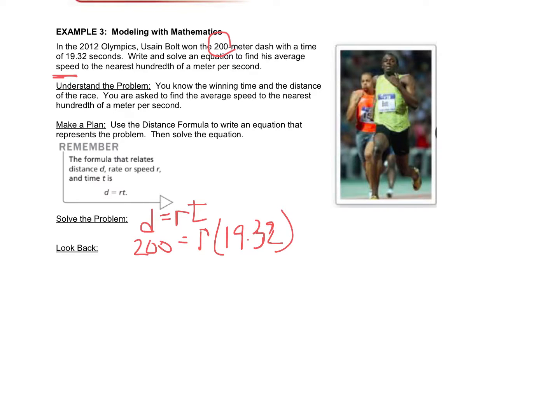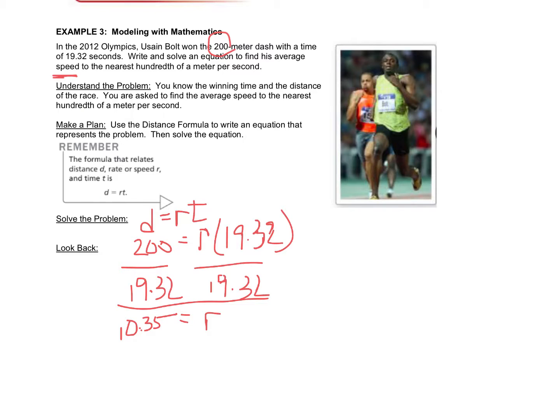Okay, so this is the equation that we're going to use, make it our plan. Now we're just going to follow it out. So like we did above, this is saying R times 19.32. So to undo that, we need to divide by 19.32 on both sides, which then means we're going to have the R all by itself on the right-hand side. And on the left-hand side, we're going to get something that is approximately